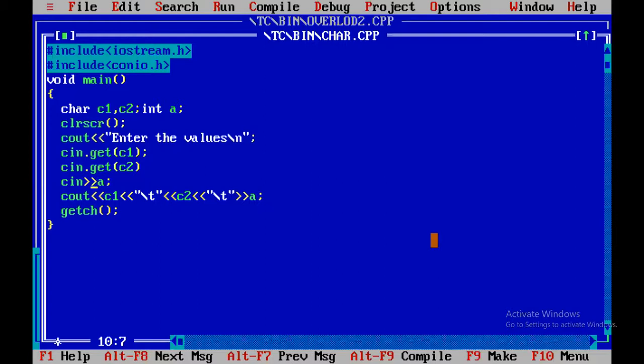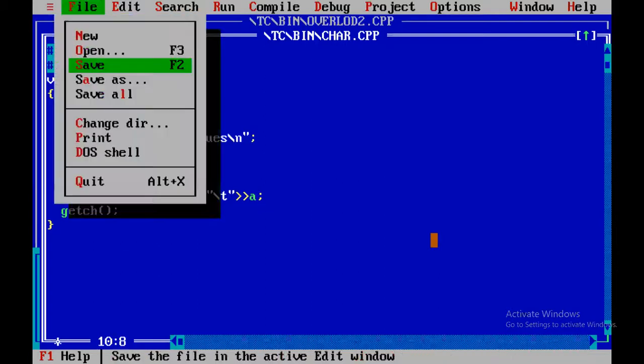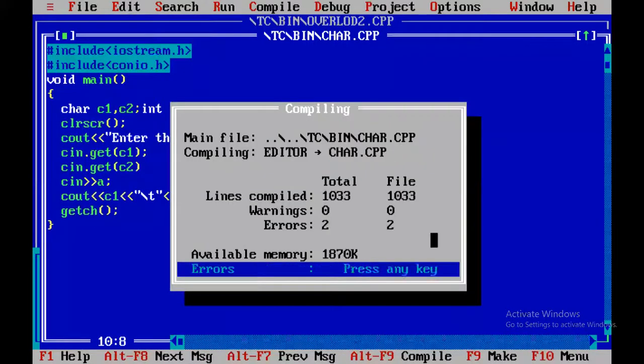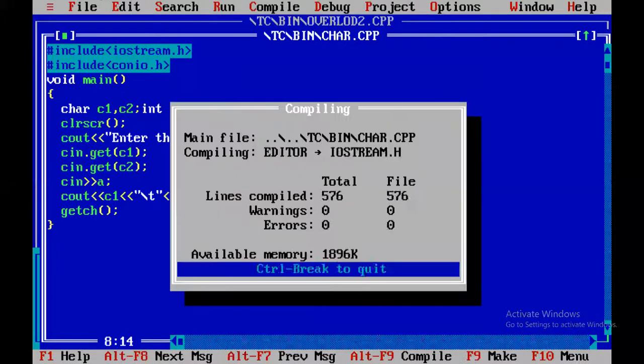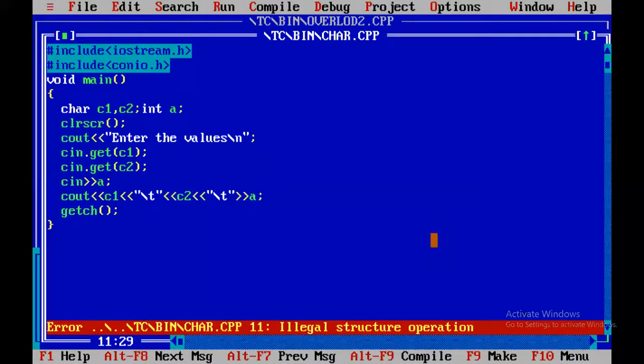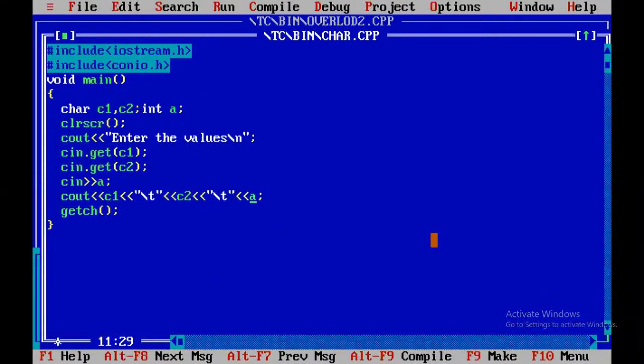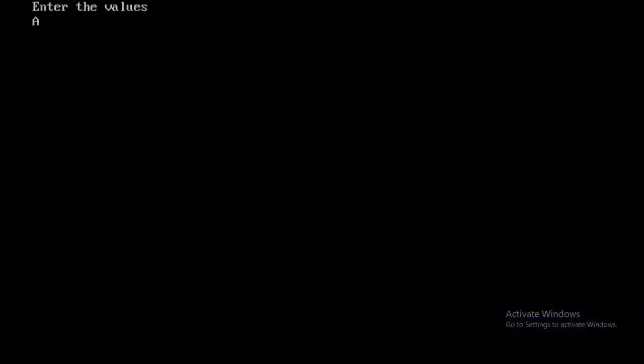In this way you have to use it. Here the semicolon is missing. So in this way you have to use the get function. Same thing if I enter it, look here. A is stored in C1, the blank space is stored in C2, and 23 is stored in variable A.